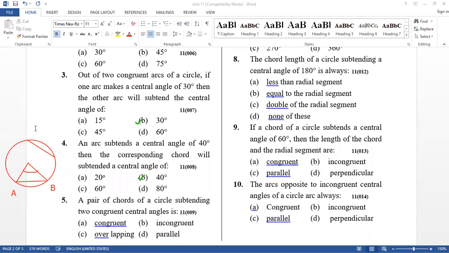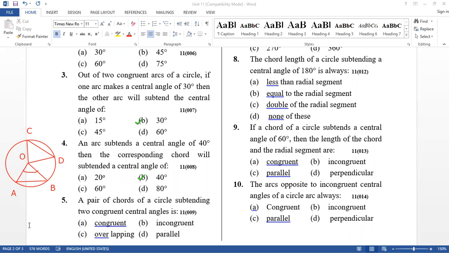we have another chord right here, labeled as C, and this is labeled as point D. So if CD is another chord making an angle at the center point, which is point O, this is point O. So according to the fifth